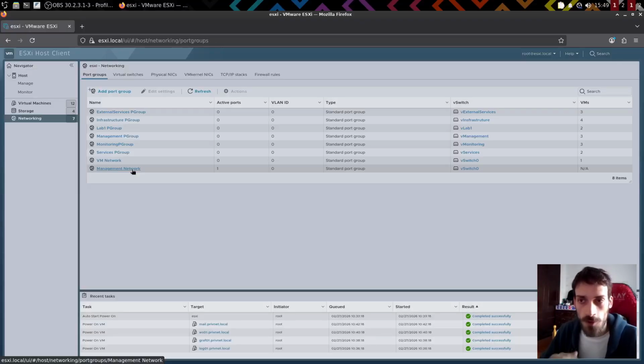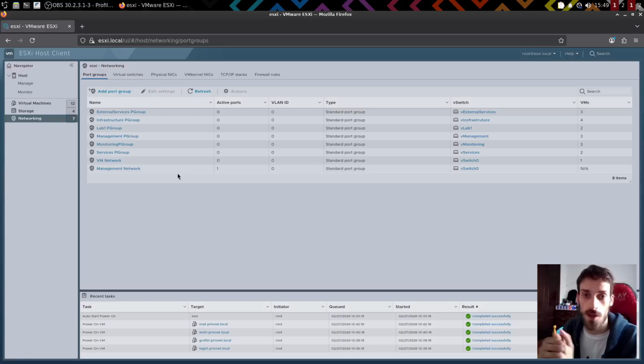So here from my host I can access this management network, in this case through SSH, and then once I'm inside the management server, I can access all the other servers. But I don't have direct access from my host to all the services. First I have to go to the management server, and then from there I can branch out to any server that I want to. I think this is a good approach for security and for our organization also,